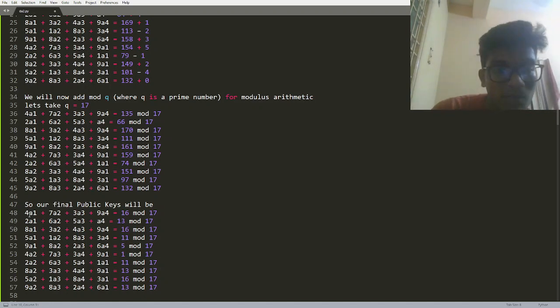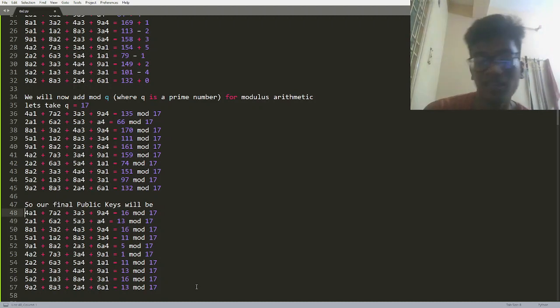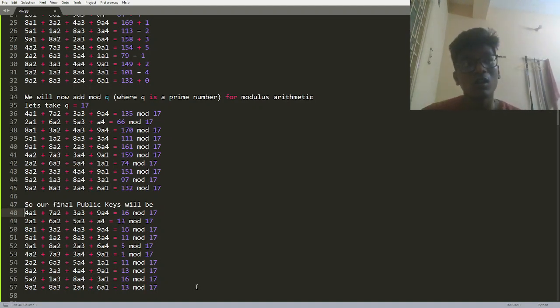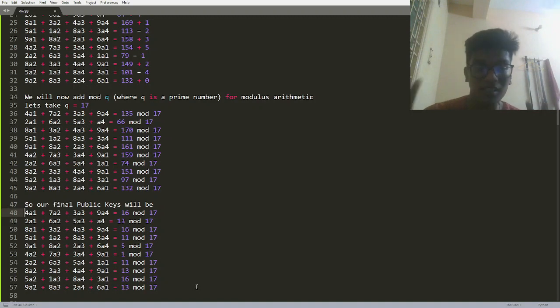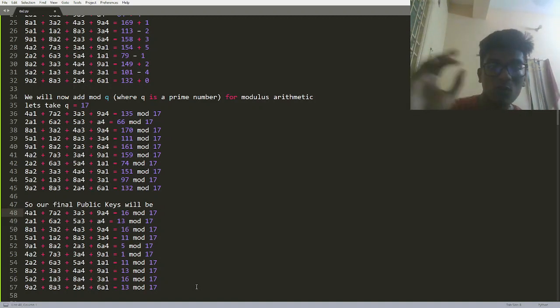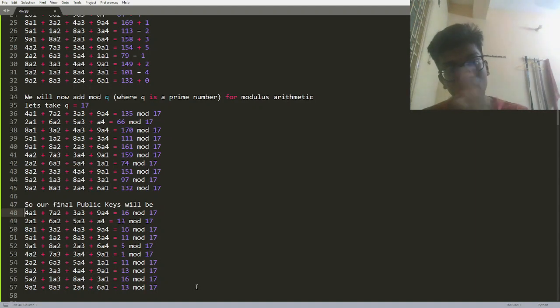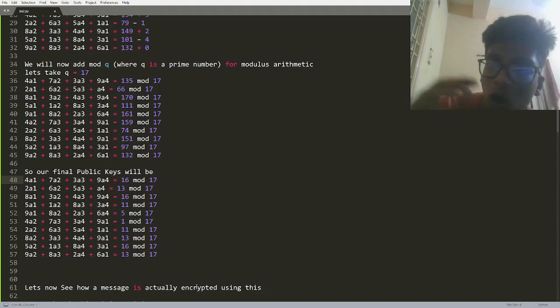In this example, I have 10 public keys, say. Now what shall somebody do with these public keys? For example, a sender wants to send an encrypted message to me. What will they do? Let us take a simple example. We will take bits of 0 and 1. As we know, any sort of message, any image, anything can be represented as 0 or 1. So if we can encrypt 0 and 1 securely, we can basically encrypt anything. So how can we encrypt zeros and ones?